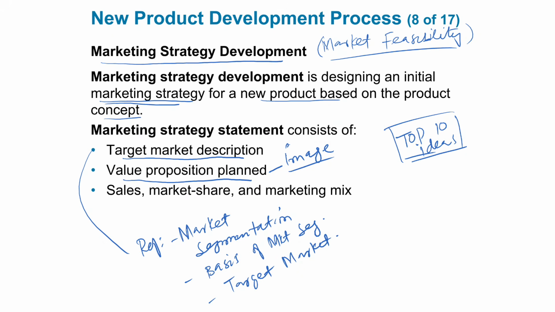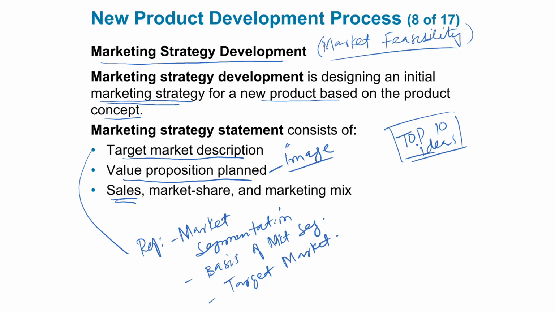I normally give examples of companies like Starbucks. The moment you think of Starbucks, premium coffee comes to our mind. Why? Because they have this value proposition that they provide you premium coffee, and that's why the value proposition is very important to clarify to the customers what you want them to think about when they hear your name, when they see your product, when they see details about your product. So that is value proposition.